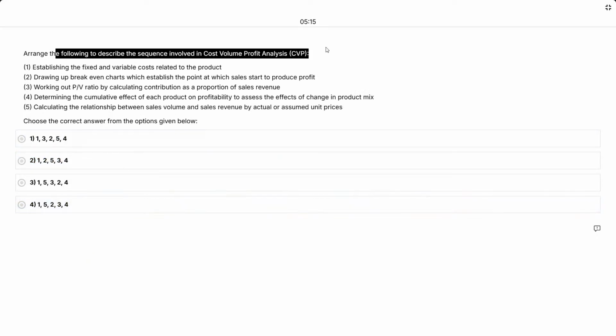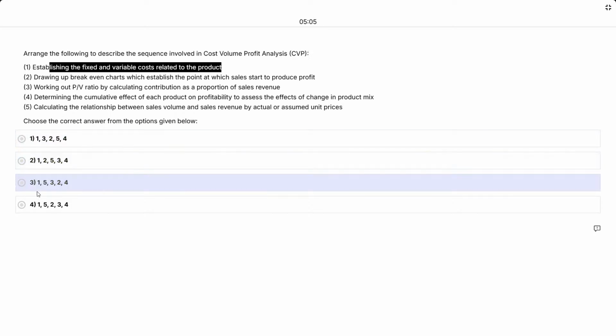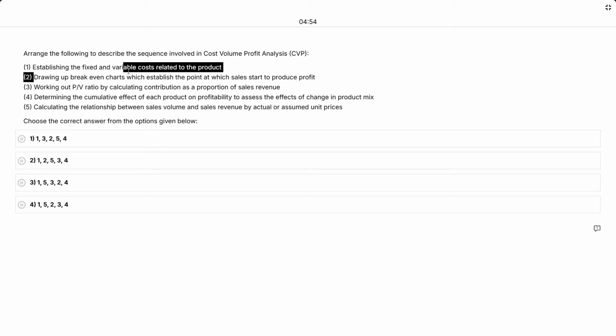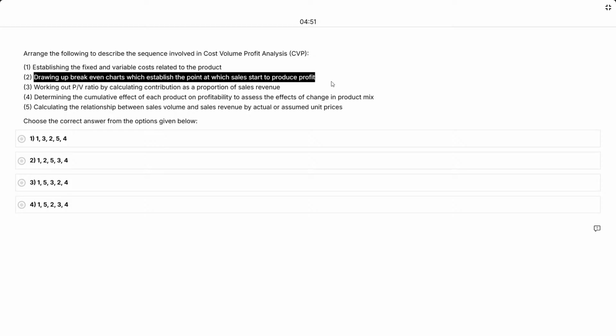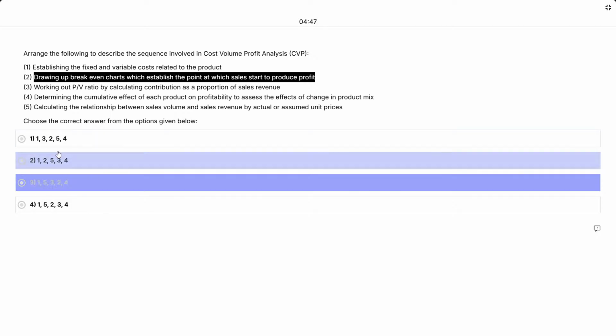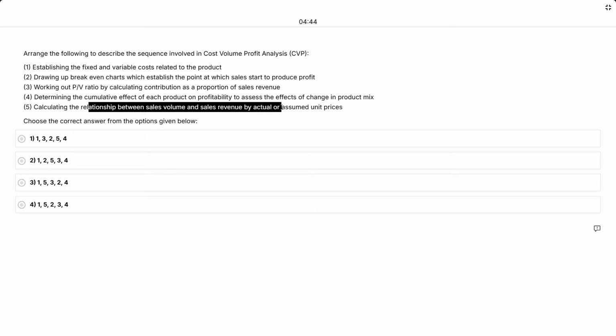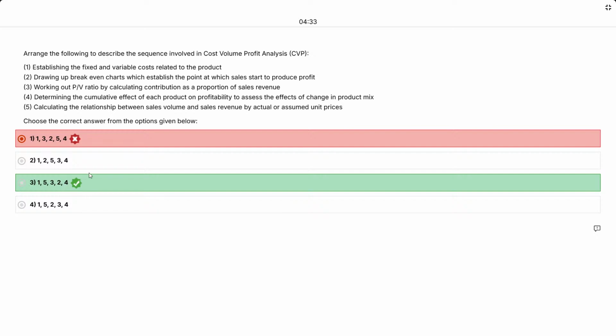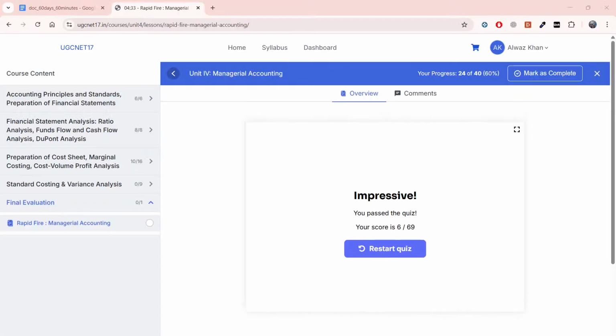Arrange the following to describe the sequence involved in cost volume profit analysis, ये हमने पढ़ा नहीं है बट हमें याद है लास्ट टाइम से। मोस्टली सब 1 से शुरू हो रहे कि फिक्स और वेरिएबल कॉस्ट फिक्स करो, ओके। देन 3 to 5 work out PV ratio by calculating profit contribution as a proportion of sales revenue, could be a drop break even charts which establish the point at which sales starts to, ये तो अभी नहीं बनाएंगे, 2 तो नहीं है। 5 calculate the relationship between sales volume and sales revenue by actual or assumed unit prices, 3 होना चाहिए और 5 है, ओके। We'll see this ahead, so we scored 6, we'll try one more।